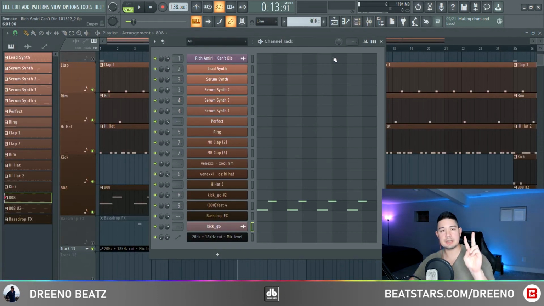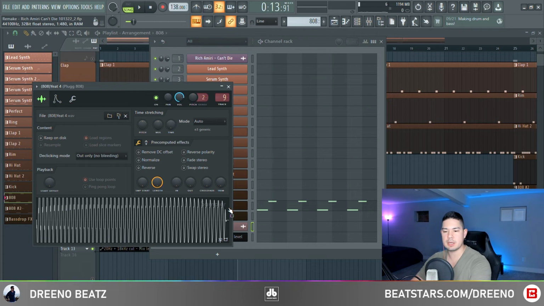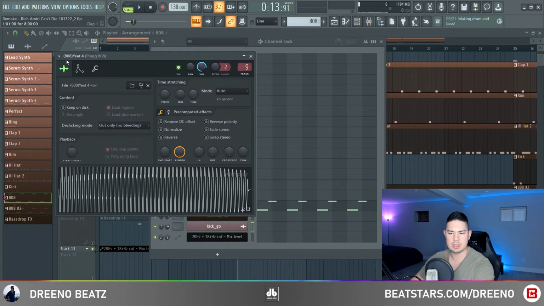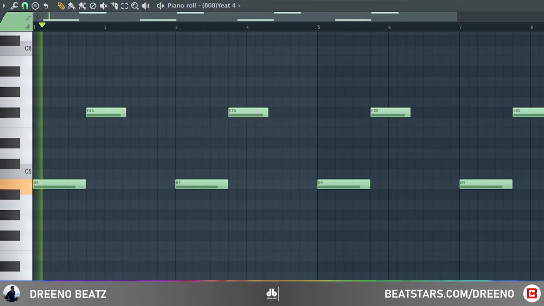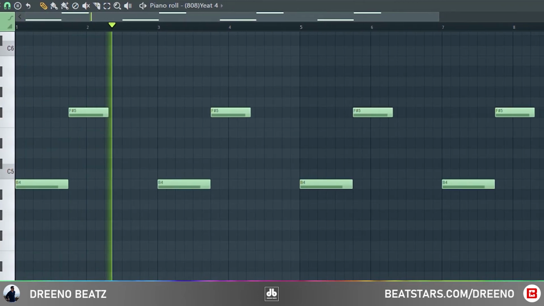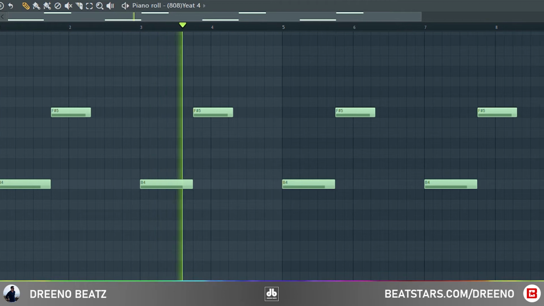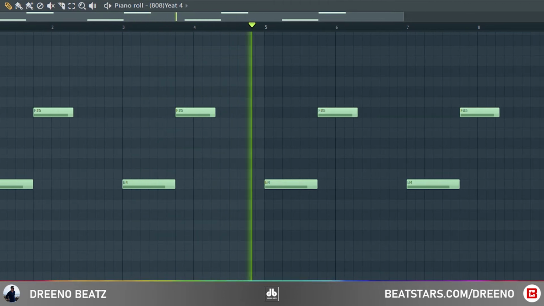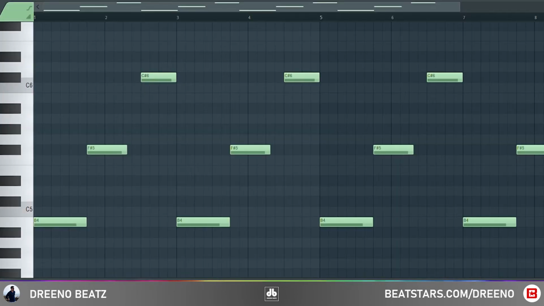And as far as the 808, you got 2 patterns coming in, both using the same 808. For this, I found it in a kit, I think a Yeet drum kit. Here's the first pattern. And for your second pattern, using the same 808,